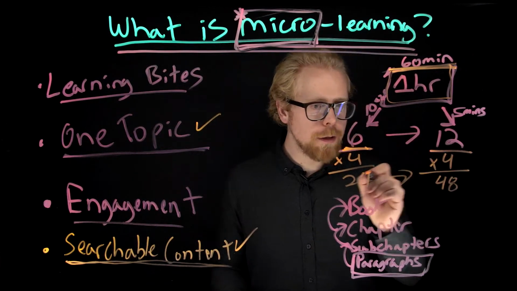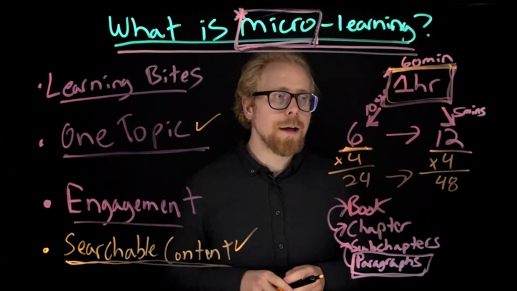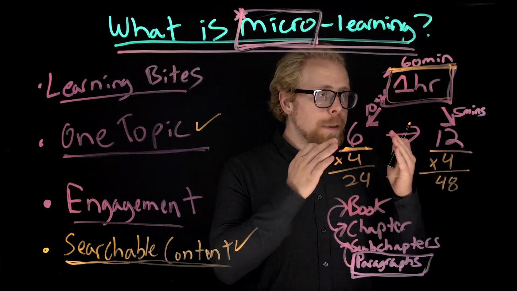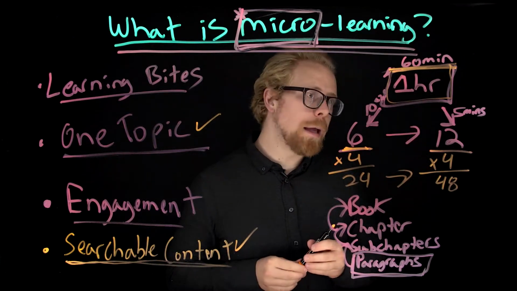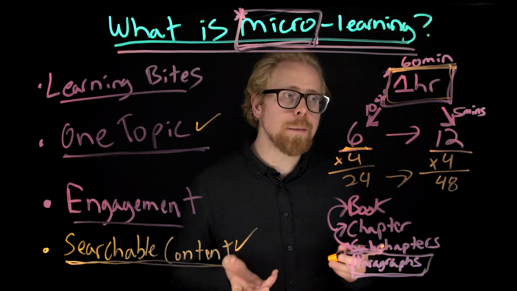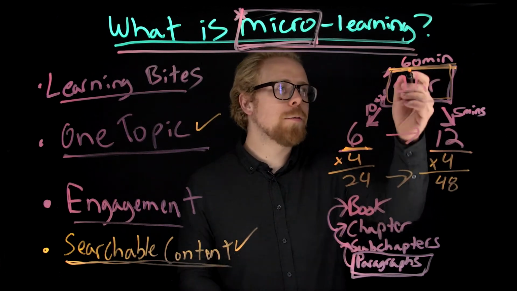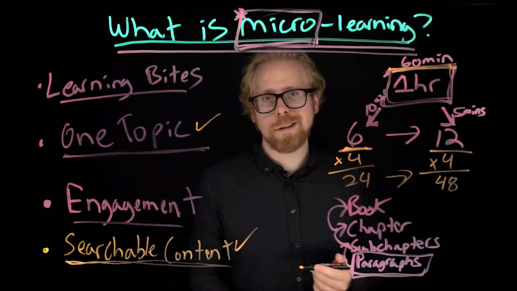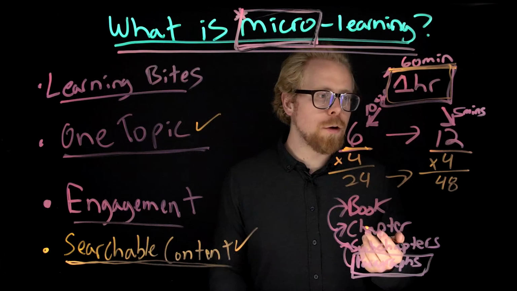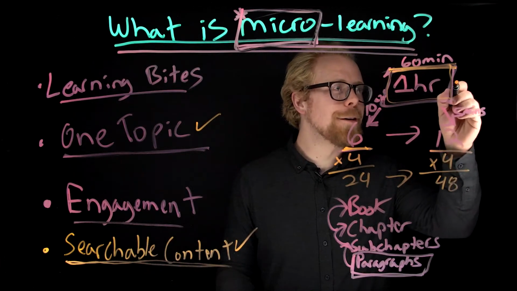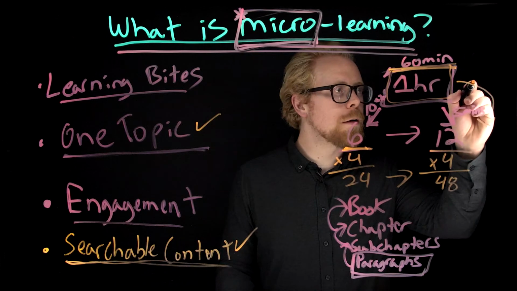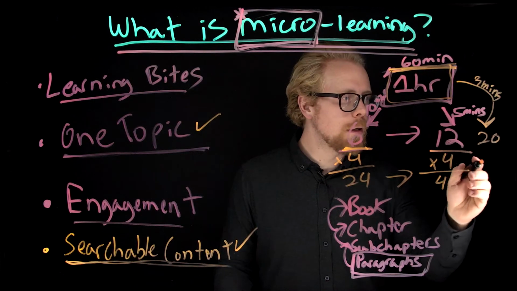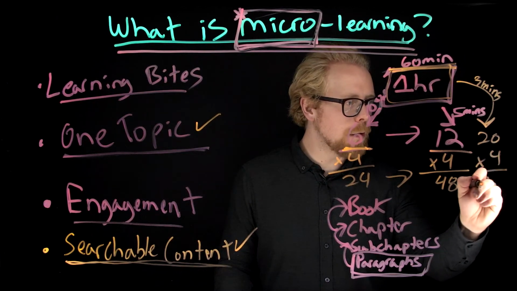So you're looking at 24 to 48 pieces of content. And yet again, some learners and some pieces of content may need to be smaller for some learners. So maybe you have learners that need 3-minute pieces of content. Well, if we're looking at 3 minutes, then you're looking at 20 pieces of content per 60 minutes. Okay? So that would mean that we go 20, we go 3 minutes. So that means that we get 20 times 4 equals 80.